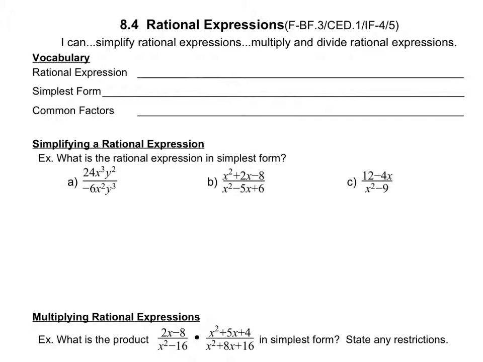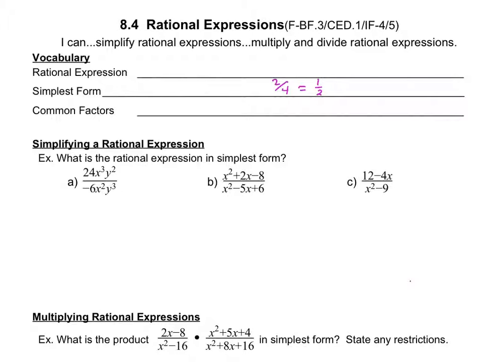Okay, when working with rational expressions, we need to be able to simplify them, and we're going to learn how to multiply and divide them. But thinking about the simplest form of an expression, it's down to its prime values. If I were to take 2 over 4, that is equivalent to 1 half. And 1 half would be the simplest form in which to write, or the correct form in the simplest form